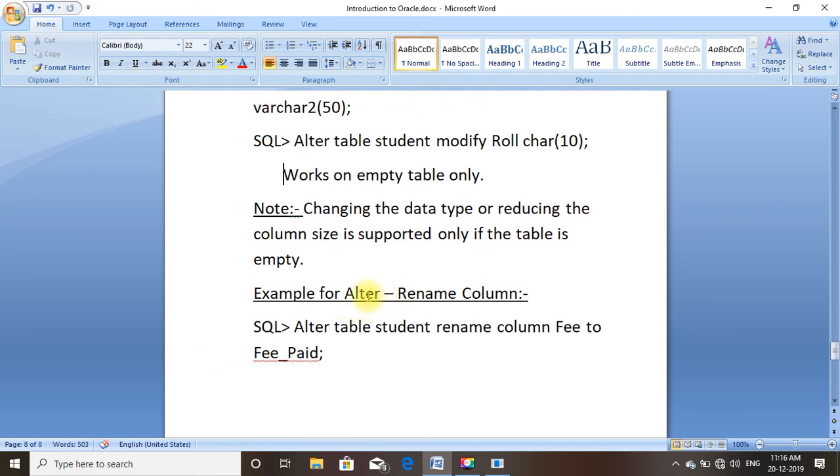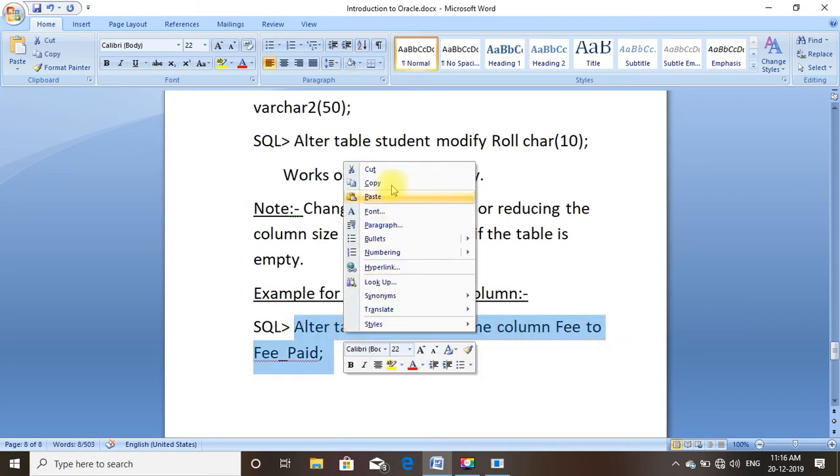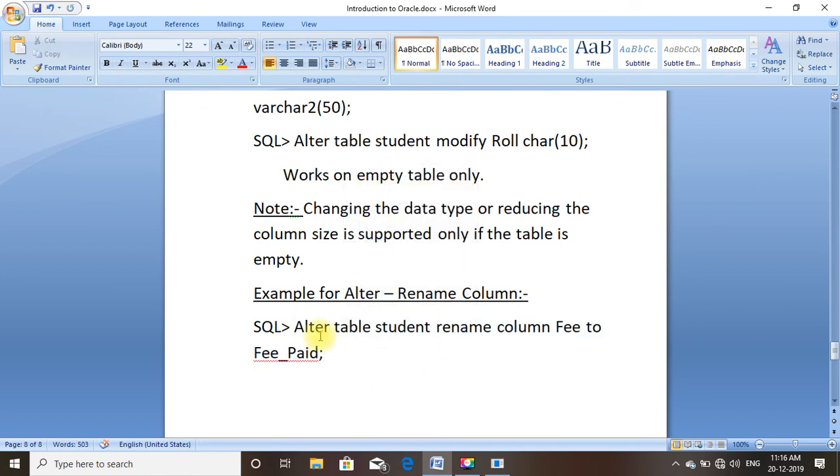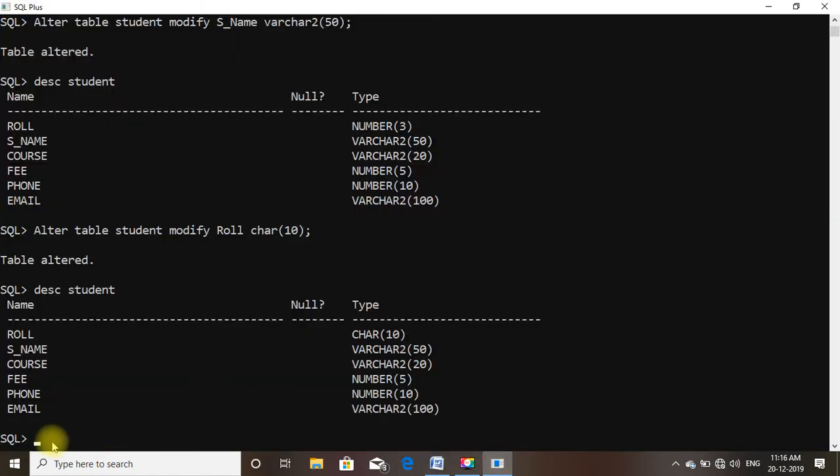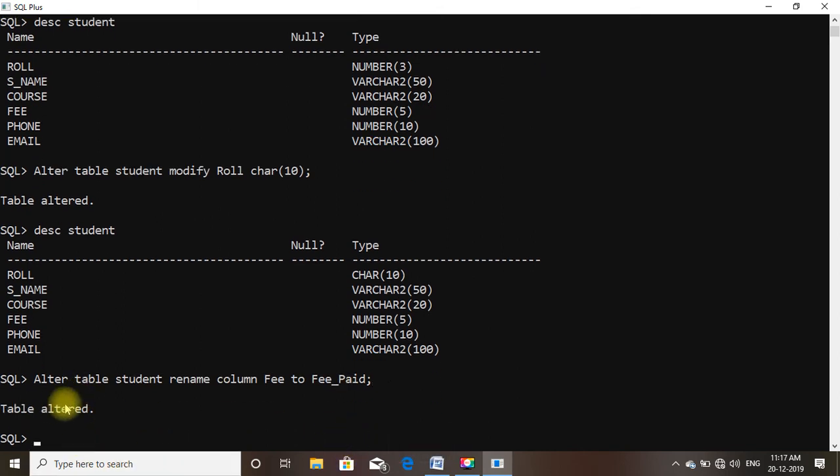Now example for alter rename column. Let us copy this command. Alter table student rename column fee to fee paid. Enter. Now again you are getting table altered.